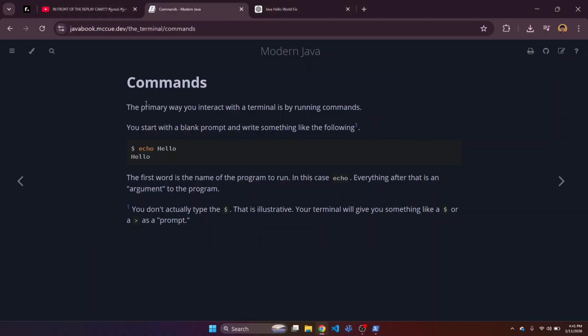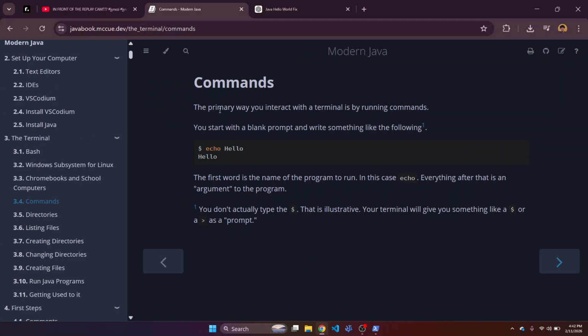Okay. This is the primary way you interact with the terminal: by running commands. You start with a blank prompt and write something like the following. Echo hello. The first word is the name of the program to run. In this case, the first word is the